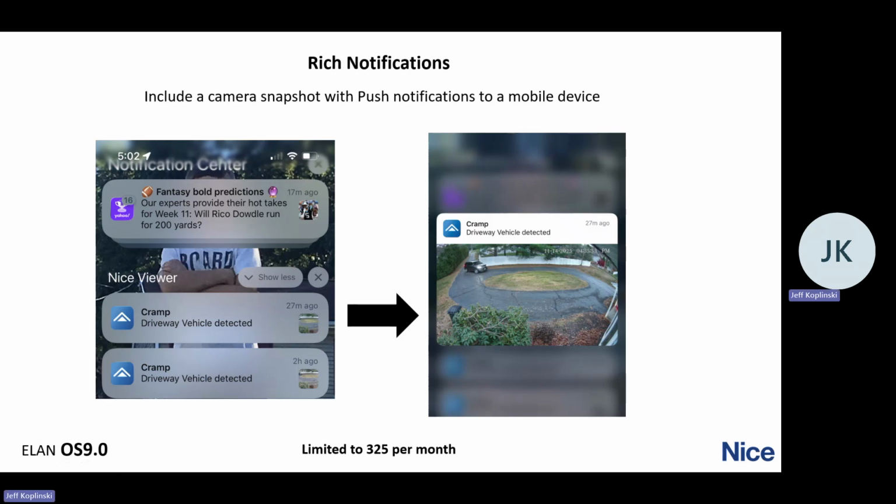Rich notifications. This is something that we hear all the time. You go up and install a door station or some cameras, and the end user would be, okay, well, why can't I get a still picture of the event sent to my phone? Well, brand X can do this, brand Y can do this, and it's a lot cheaper, right? So this was always a feature that was asked about, and we were kind of lacking